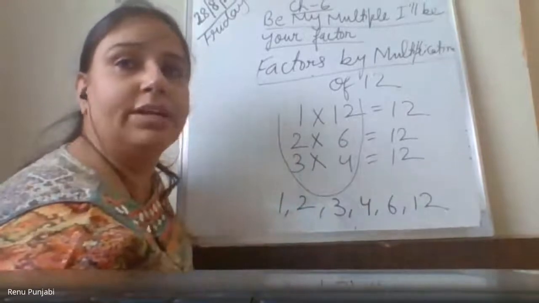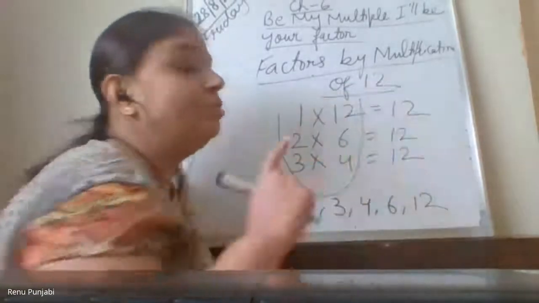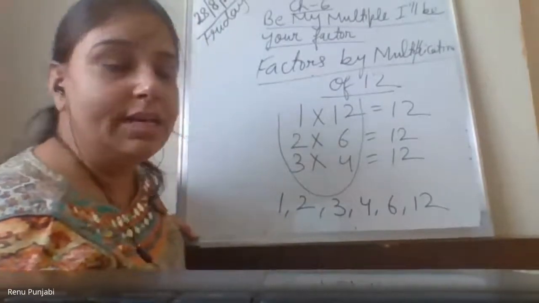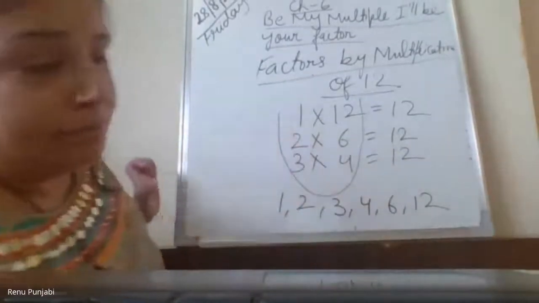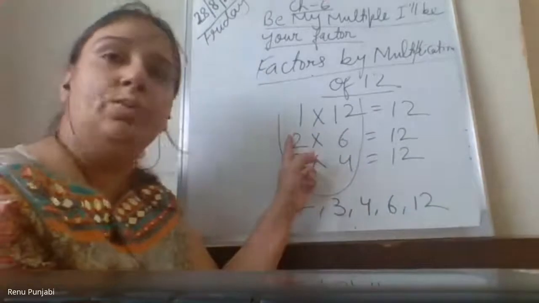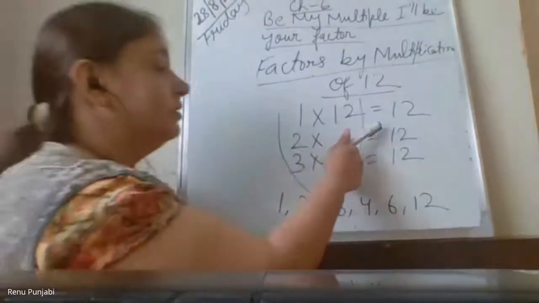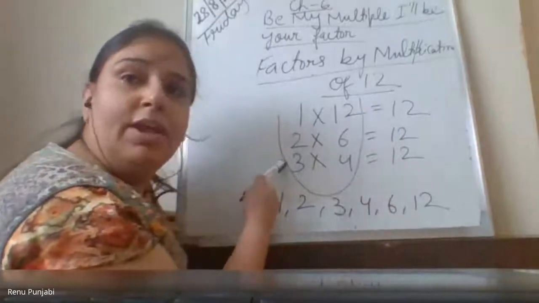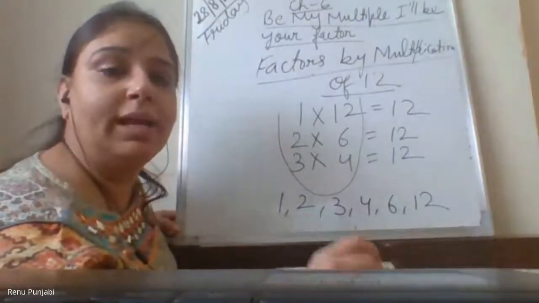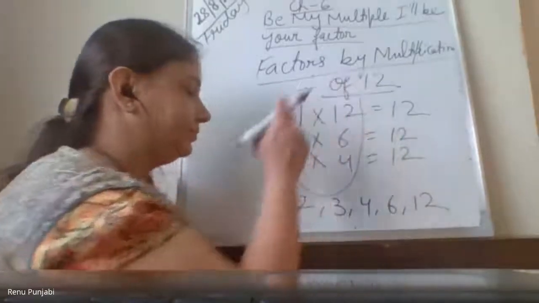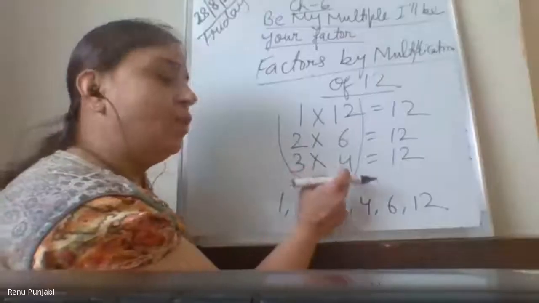So first we find the factors of 12. We need to check that 12 comes in which table. That is the factor. Then first we multiply 12 with 1. 1 multiplied by 12 equals 12. Then 12 comes in the table of 2. How many times does 12 come in the table of 2? 2 6s are 12. 3 into 4 is also 12. This way,